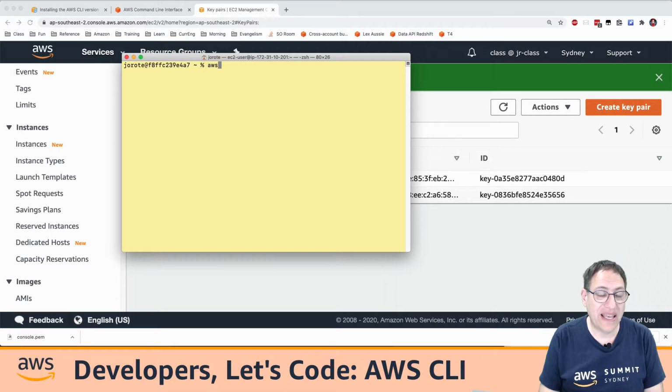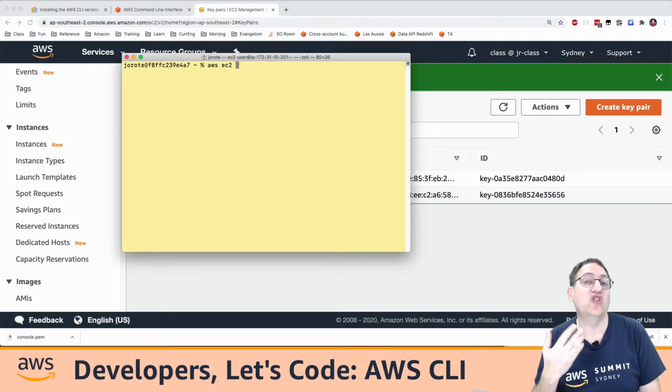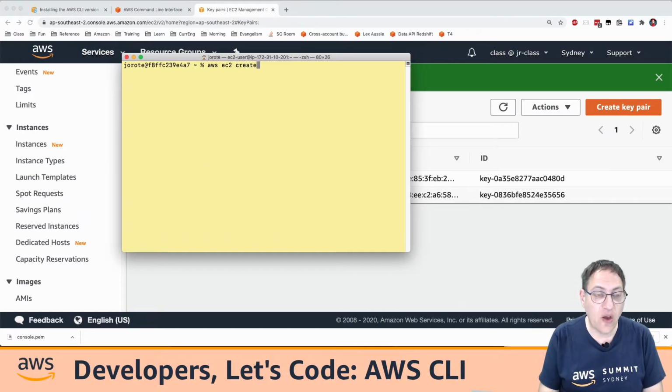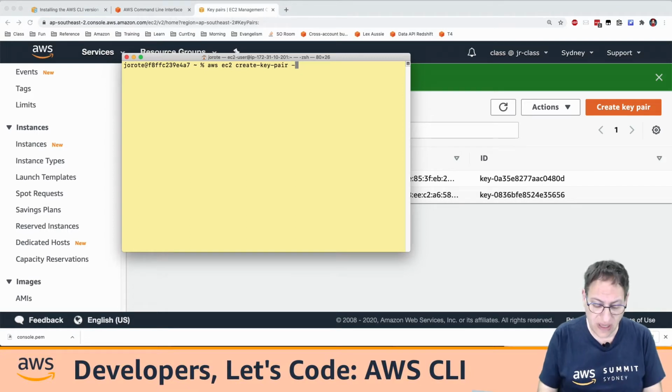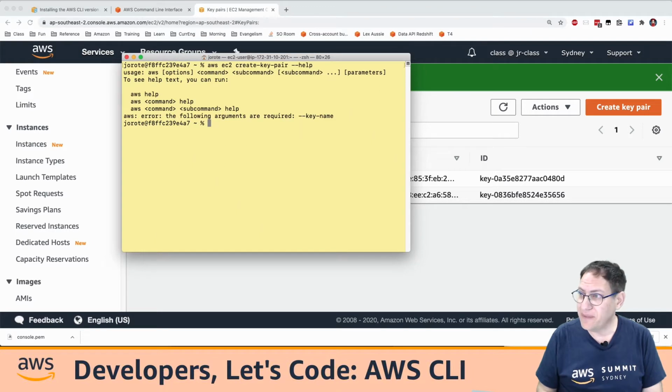I can come in here and say AWS to run the CLI, EC2 because I've got to choose a service that I want to run, and I know that there is a command called create key pair. And this will create a new key pair. I can then say, hey, I don't know what else to put in here. So I can say --help, and it comes up,